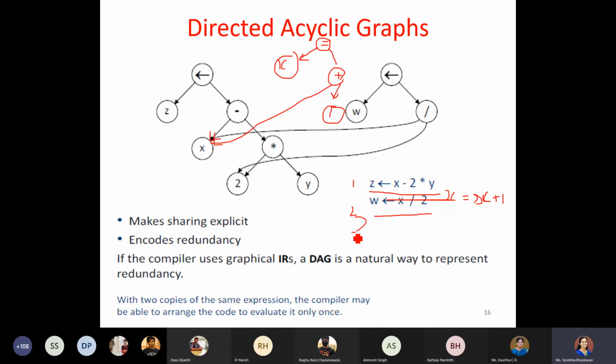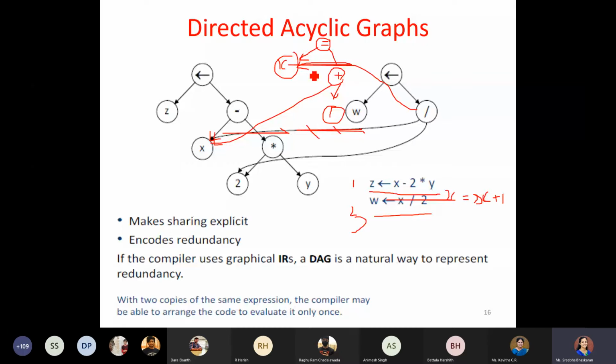So now this part will not be there, this can be removed, and instead it will be pointed to this one. Is it clear? Yes, ma'am. So graphically, it will be represented like this. After this, we will be seeing about data dependency also. That time it will be more clear.